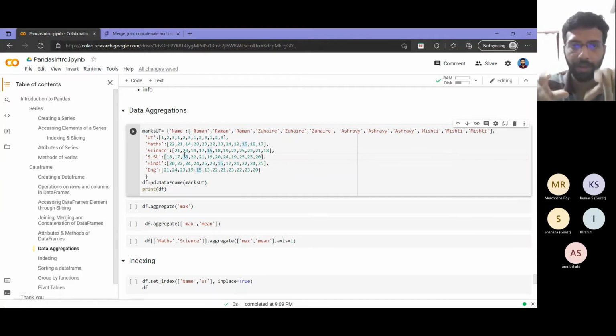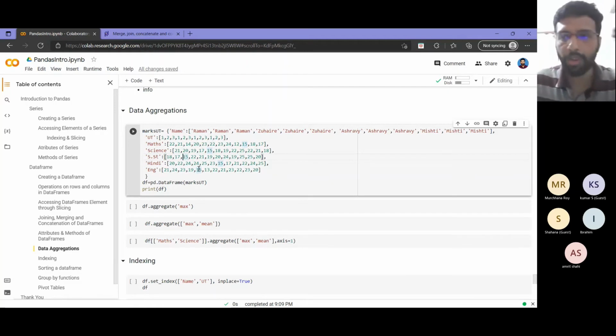That will clear your doubt, because you may get confused when we do this compared to the axis equal to 0, 1 that we saw earlier. And whatever confusion we had in the last session on NumPy regarding axis equal to 0 and 1 also gets cleared if you think like that. Axis equal to 0 always stands for rows. Axis equal to 1 always stands for columns. When you are doing aggregations, axis equal to 0 means you are collapsing multiple rows into a single row. Axis equal to 1 means you are collapsing multiple columns into a single column. Keep that always in mind.